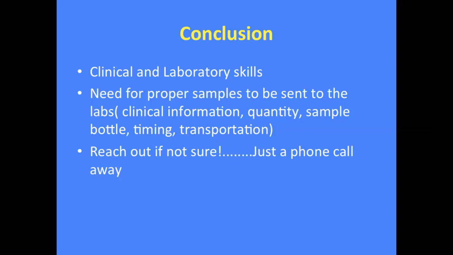Age, you can't just say adult. It doesn't make sense. You can't say child. The childhood spectrum is so wide that a child can fall into any category. So it's very important for you to be specific about the age of a patient, and then whatever sample you want to send to the lab.